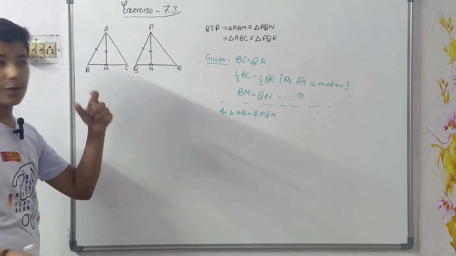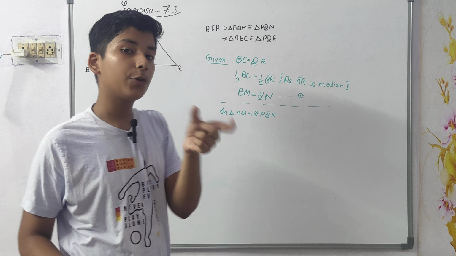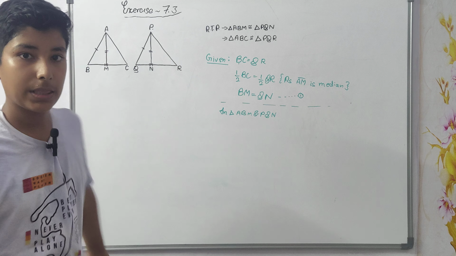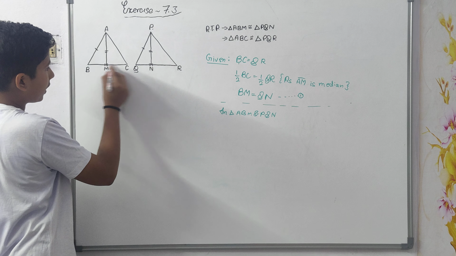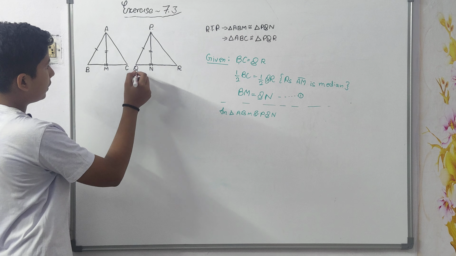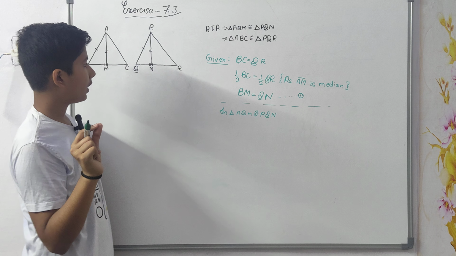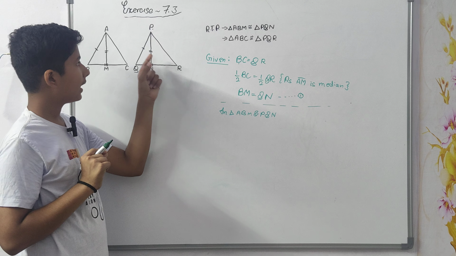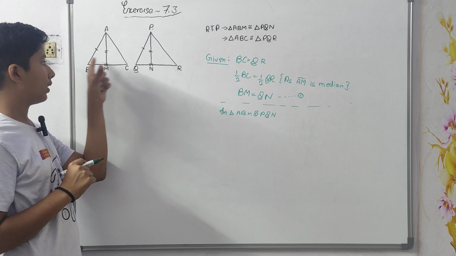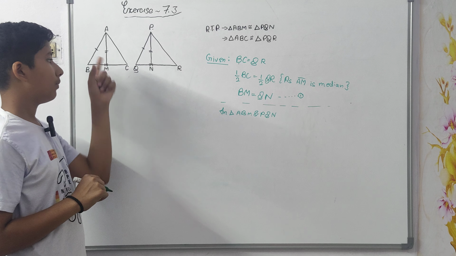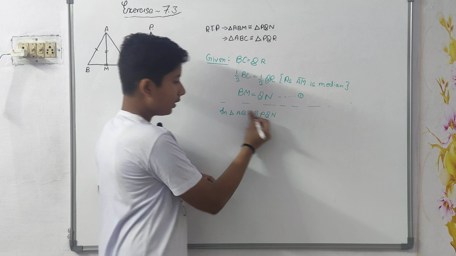Okay. So first of all, if we prove this congruent, what will we have to do? By CPCT. So let's see. First of all, to make this congruent, it is given this line is equal to this line, this is equal to this one, and one more thing we require. We can prove these two sides equal. These two angles, I mean angle B and angle Q, we can prove equal. Okay, so first of all, let's see what is given.